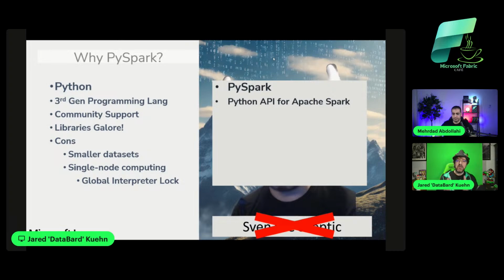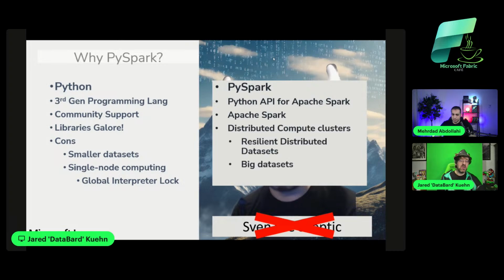We need that because we need Apache Spark. Now, if you're new to Apache Spark, you might have run into a situation where you're wanting more performance, right? Well, Apache Spark is all about distributed computing, resilient distributed data sets. That's another keyword if you want to understand what is going on behind the scenes with Spark. By doing Python within an API in Apache Spark, we now have better ease of working with large data sets with the same libraries that have helped us work with data up until this point.